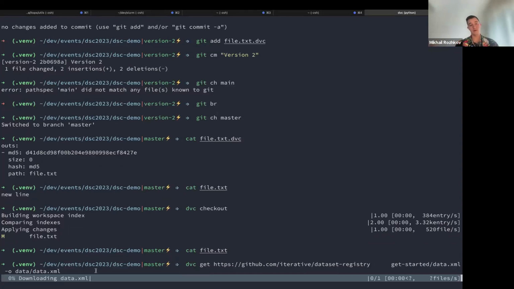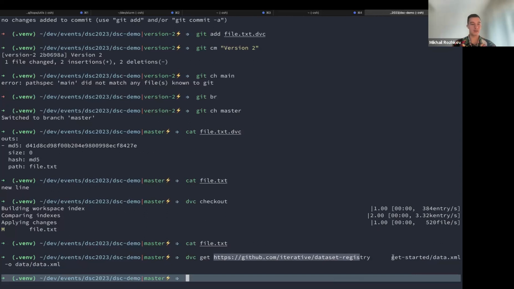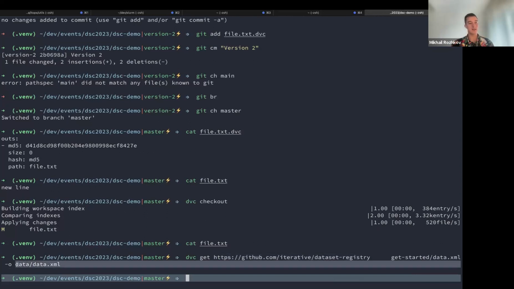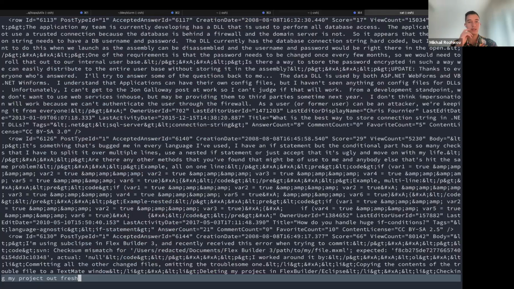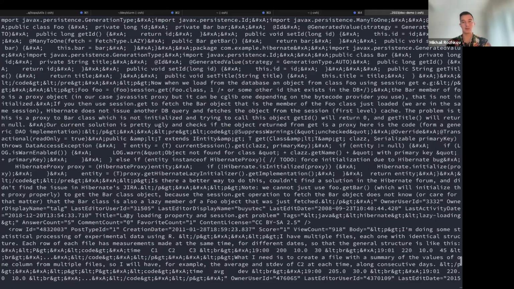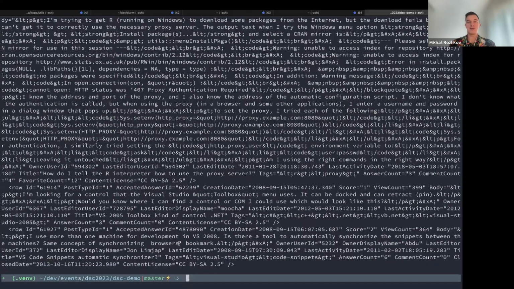Under the hood, DVC will clone this repository, parse it, find the information about this dataset, and save this dataset under that data directory. So we can look inside. Okay, and see a lot of text. So actually, it's XML files. So this is an example of how you can